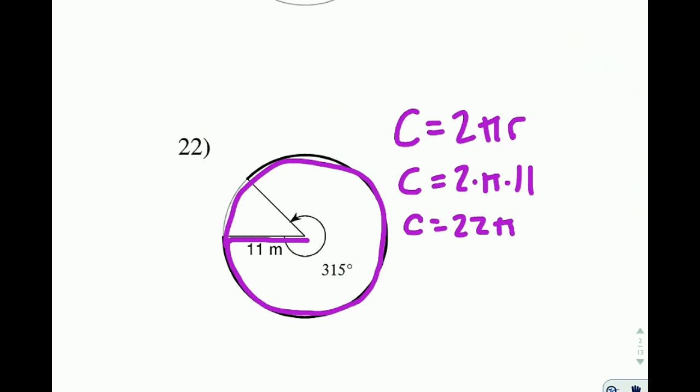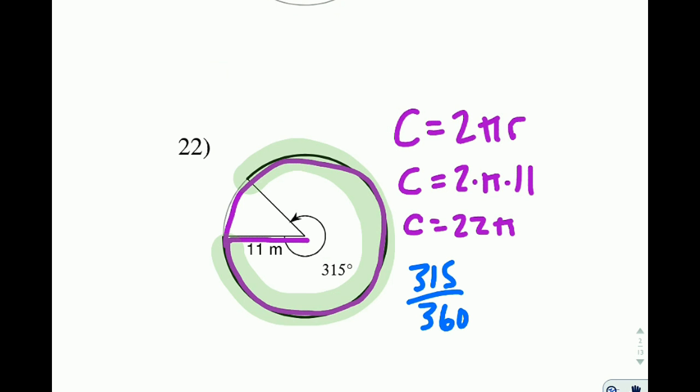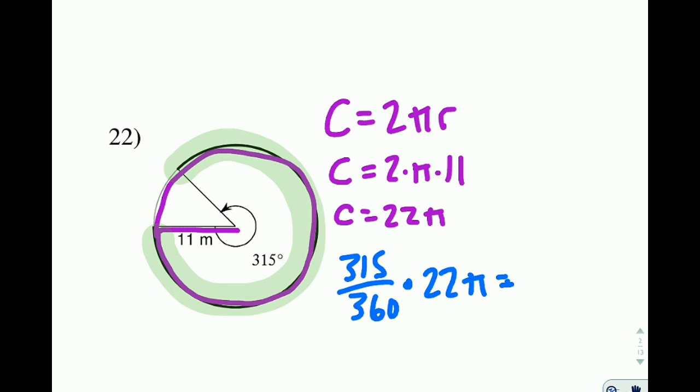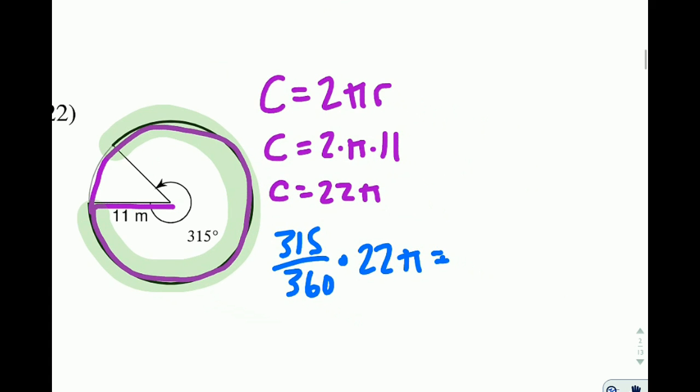Now I need to figure out what is this fraction, 315 of the 360. So it's going to be almost 22 pi, but not quite. So if I take my 315 over 360, my fraction of the circle that I have, times the circumference I calculated, again, that's not an area, it's a circumference because it's distance around. In my calculator, off screen again, I'm going to type in 315 times 22 and divide that by 360. And I'm going to get 19.25